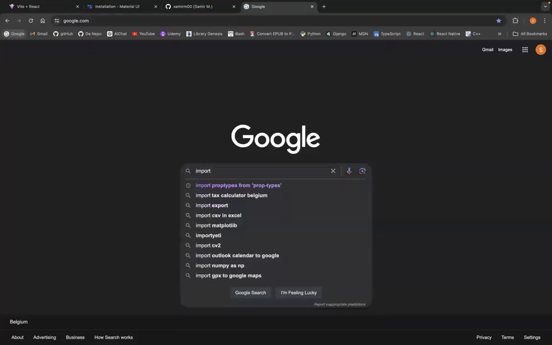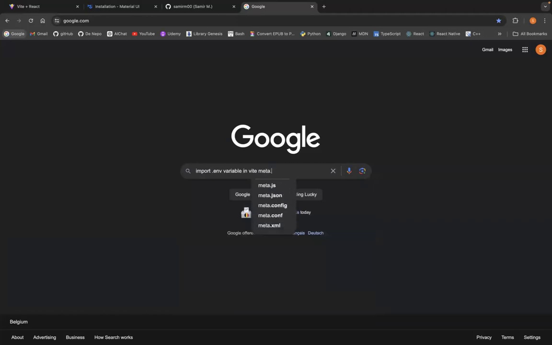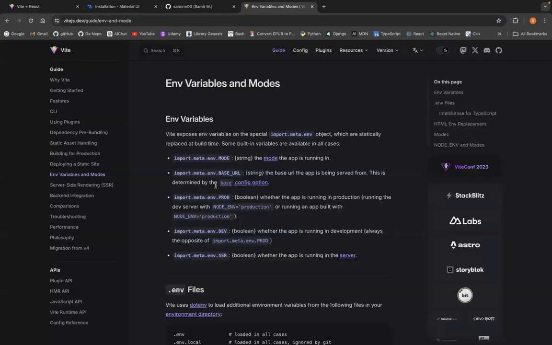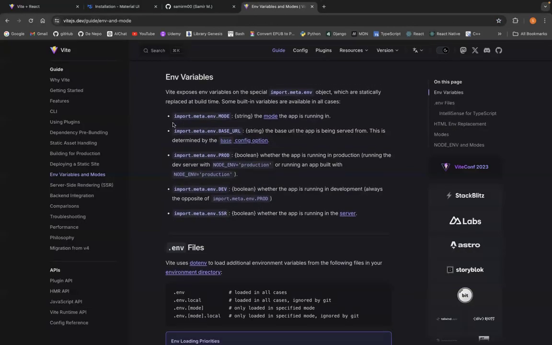Import dot env variable in Vite, meta dot import dot something. Let me see. Okay, yeah. So I need to do that. Import dot meta dot env. I need to use this structure. Why? Because Vite, as you can see, if you go to the documentation of Vite, it's telling you how to import the variable. So I need to say import dot meta dot env, and then I will link whatever